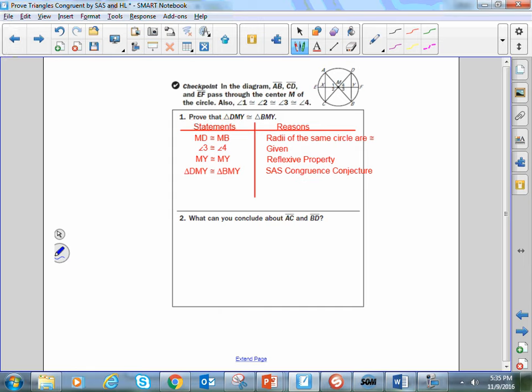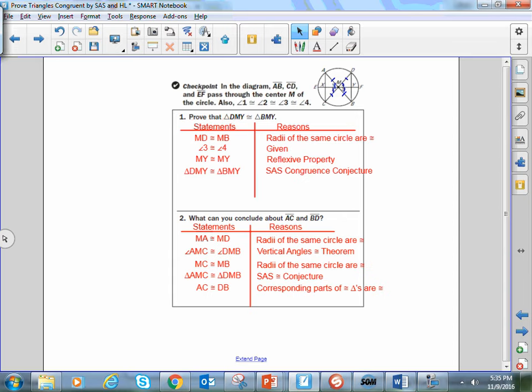Here, what can I conclude about AC and BD? Well, again, we know these things are the same. This angle, this angle, this angle, this angle. What do I know about AC and BD? Well, looking here,